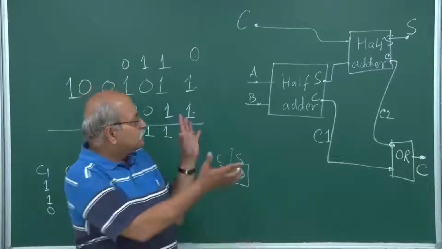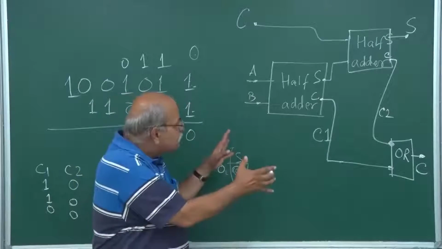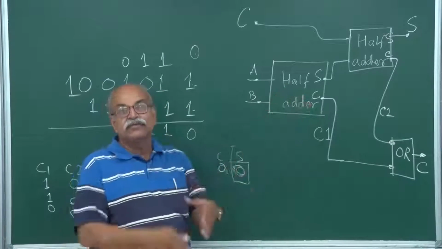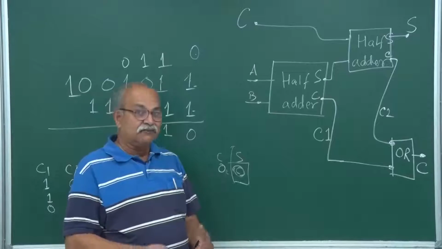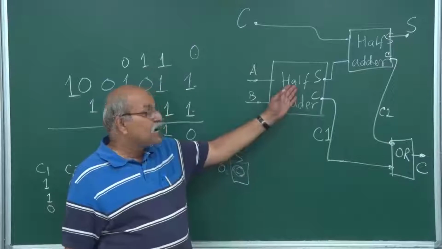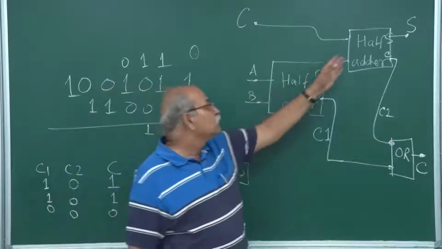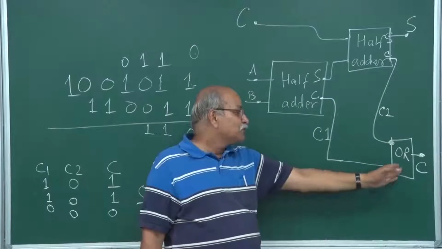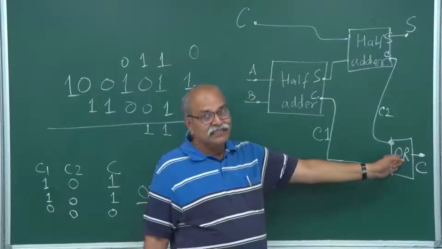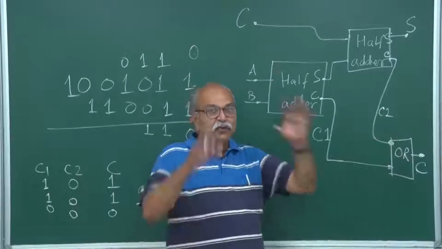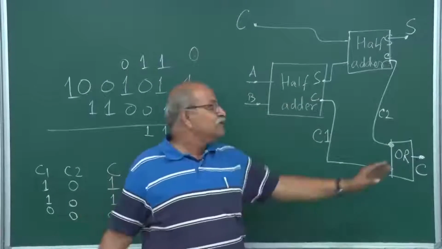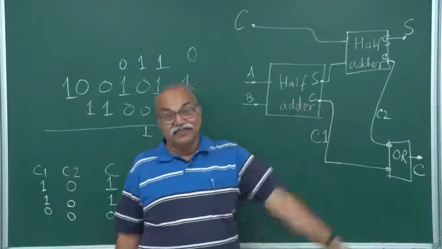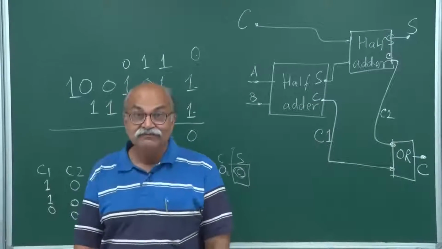Now, this is the procedure to design a circuit, say using NAND gates. I have already told you how to do that for the half adder, and I have already told you how to design an OR circuit using NAND circuits. So if you put all those NANDs here, you can get that particular circuit. Try it out, you will enjoy.